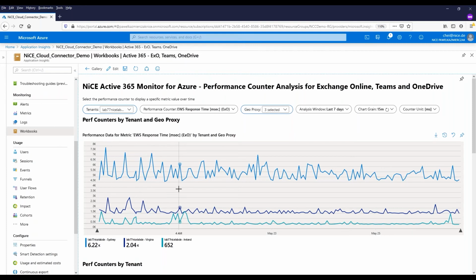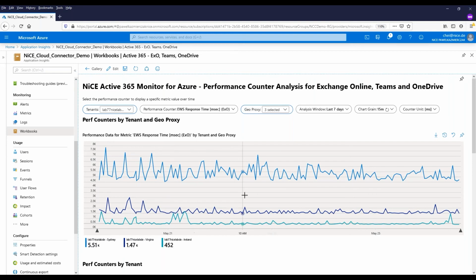So that's another location of the West Europe region. And here we actually see the logon time from that location, or the logon time from, in this case, Sydney, is taking longer than what we measure from Virginia or from Ireland. Obviously, Ireland is the fastest, as this is very close by in terms of the tenant location,